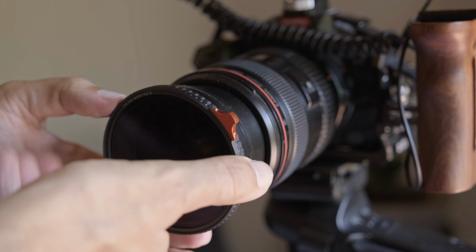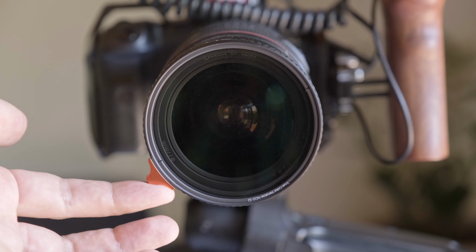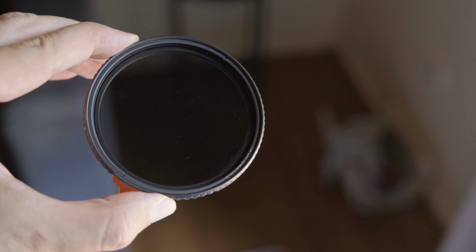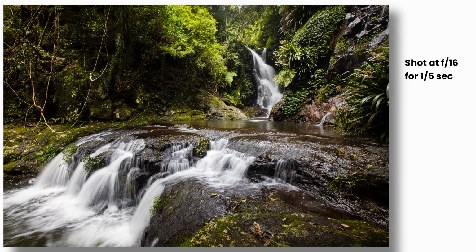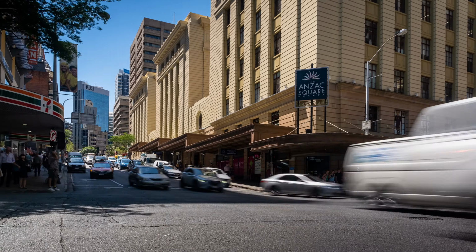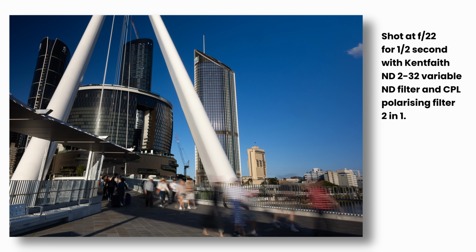Put it on the front of the lens and it reduces the amount of light. Because it's a variable neutral density filter, as you turn it, it lets more or less light into the lens. It's a really amazing tool, and if you're interested in photography or producing video content, you really need to look into getting one. I use it for waterfall photos, time lapses, a bunch of different things, because it gives me a lot more control over having slower shutter speeds in bright daylight without being overexposed.